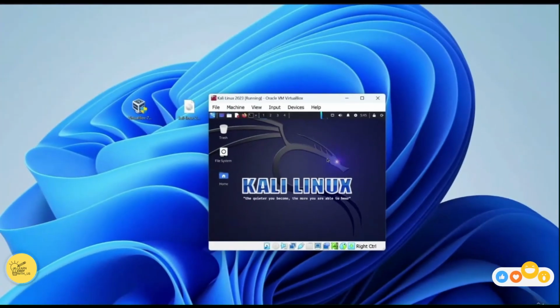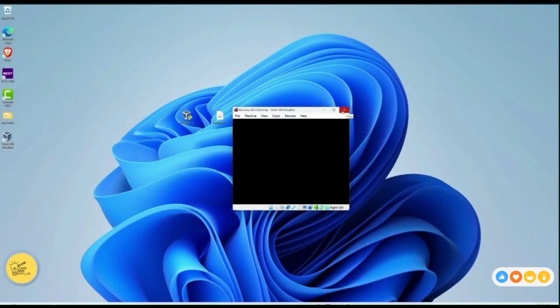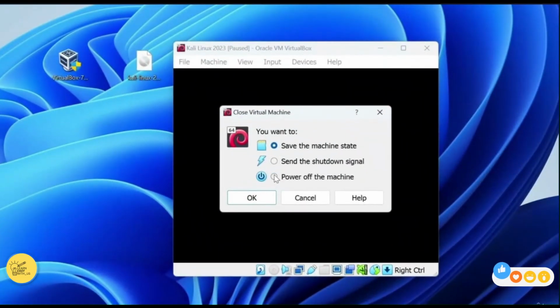Now, to enlarge this window, usually all you need to do is simply enlarge this window, lower it once again, and enlarge it once again. But here is our first error. You might have noticed that my screen went black, and that can happen to you as well. Now, what I would do in this case is I would lower the screen, I would close the virtual machine, and I can do that by clicking on X and then clicking on power off the machine,